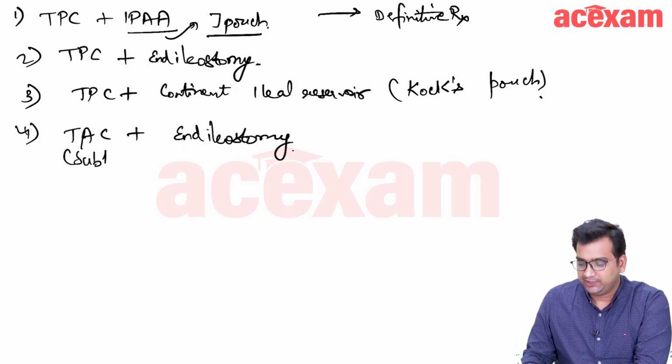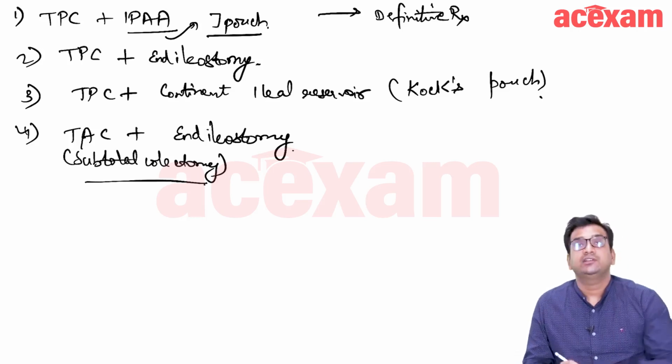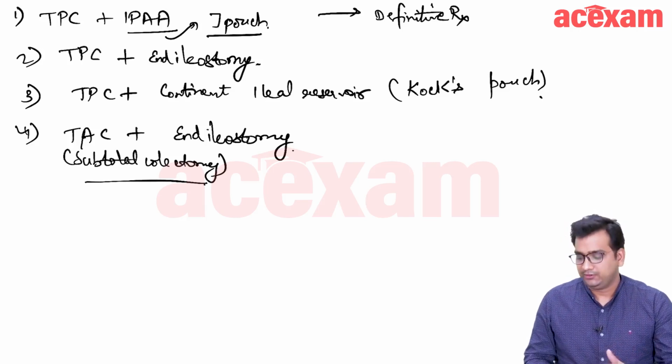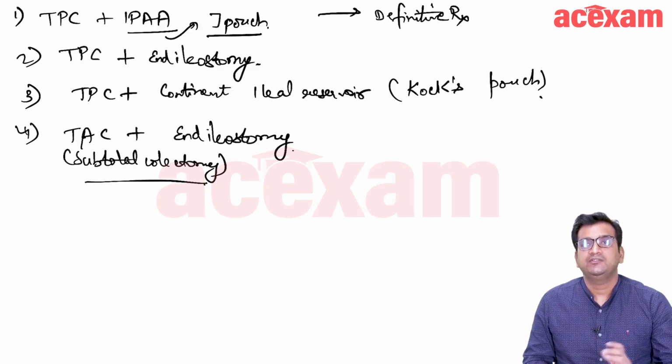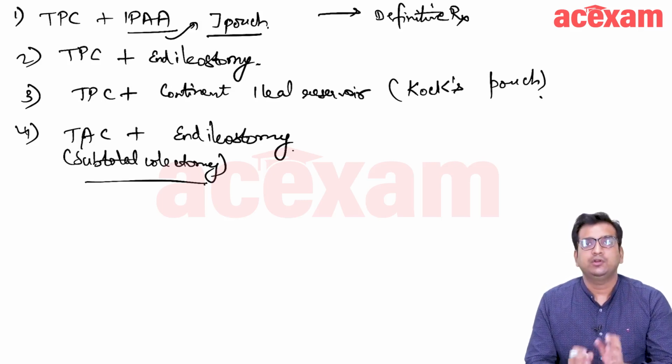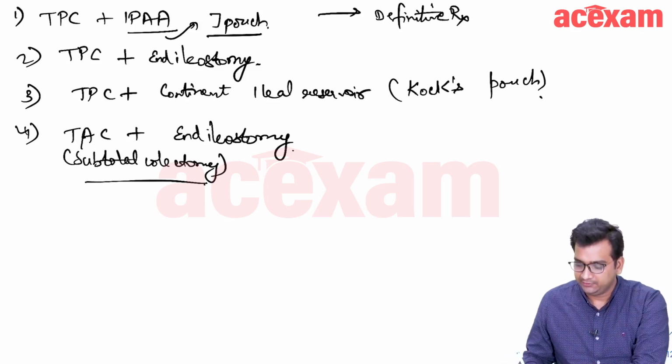or a subtotal colectomy with end ileostomy. This is generally performed in patients with acute flare or with toxic megacolon, or if the disease is intractable, then we generally don't go for a single stage total proctocolectomy with end ileostomy. We firstly do a total abdominal colectomy with end ileostomy, and suppose this is a